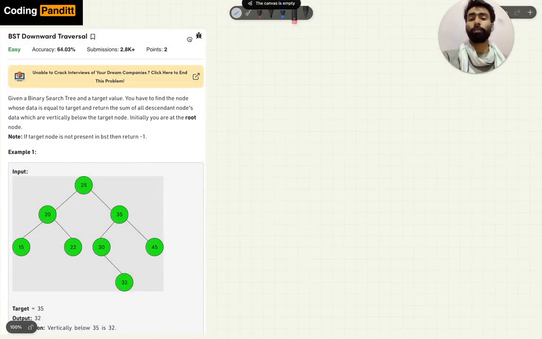So there are three traversals, but now as we have to find out the vertical downward sum of all elements in the binary search tree, and one target node is given, we need some steps to follow. First, we will find out where the target node is located.